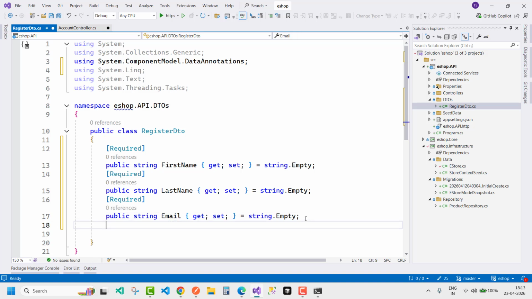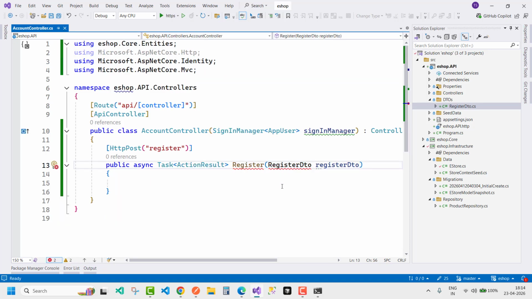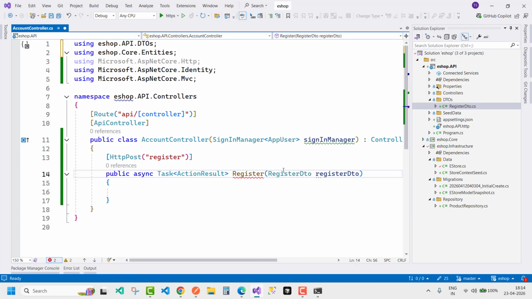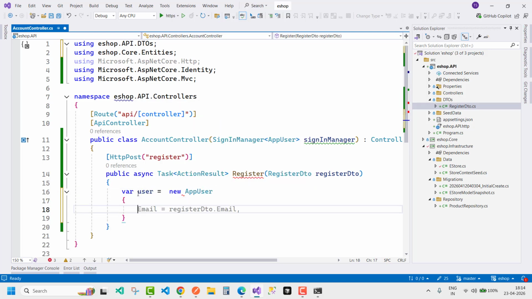And then the next one is the password, so you can just put password here. So email, last name, first name, and the password is set here. Now the next one is RegisterDto. Use Ctrl+dot and resolve the namespace problems. After that you can go for the user manager class, because the user manager class is responsible for adding a new user. Okay, so where user is new AppUser, and the first name is RegisterDto